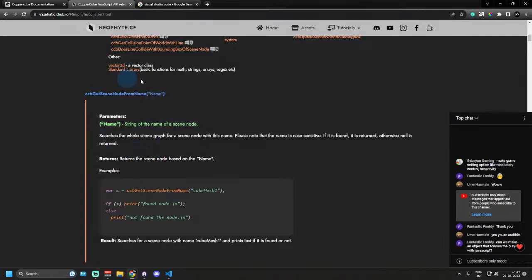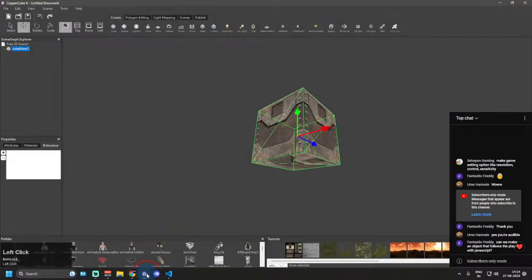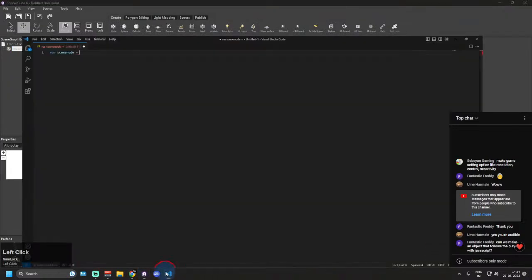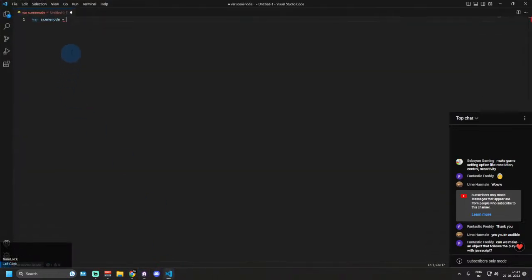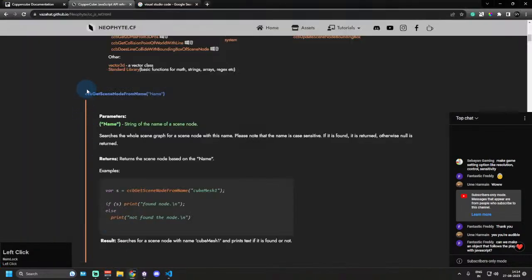In the next update of CopperCube, you will not necessarily need this command, because I have updated the API so that you can use the name directly. But right now, to grab a scene node, or to let JavaScript know which scene node you are going to change, we have to use this command. So simply copy this, ccbGetSceneNodeFromName,